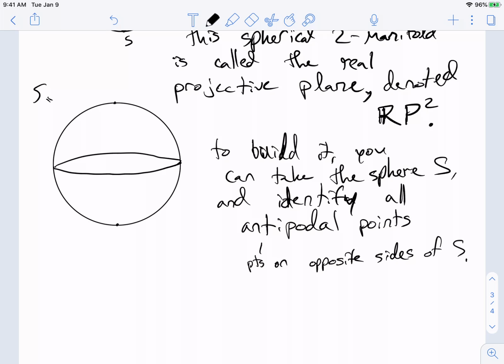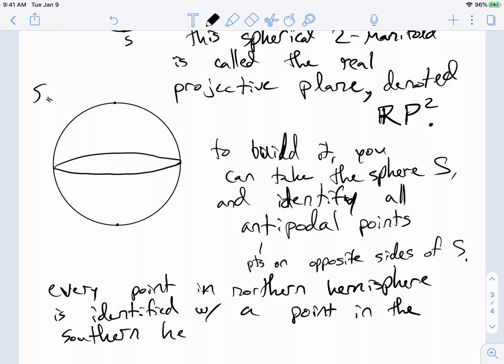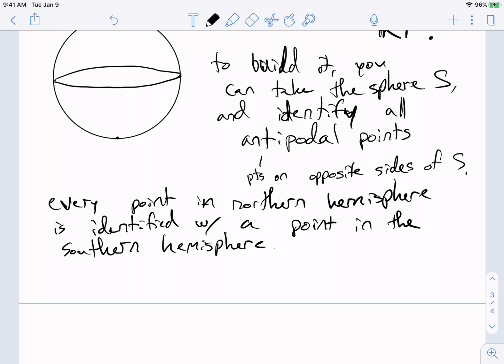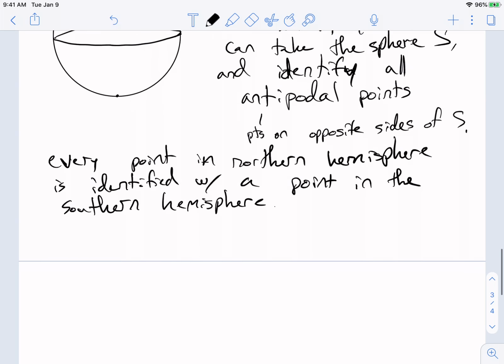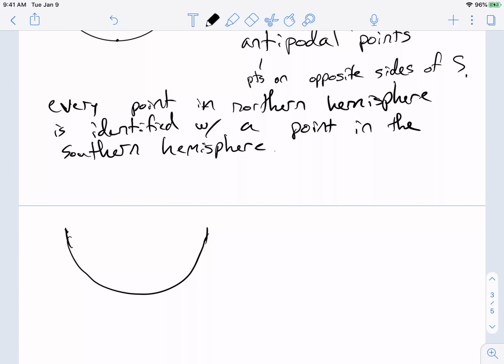Well, if you think about this, then every point in the northern hemisphere is identified with a point in the southern hemisphere. So I can sort of forget about those points, because as a set of points on the sphere after doing this identification, every point in the northern hemisphere is already getting counted since it's identified with something in the southern hemisphere. And so what I'm left with is just the southern hemisphere, but I still need to identify points on the